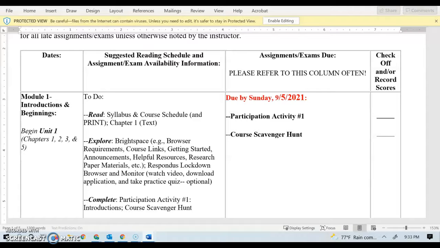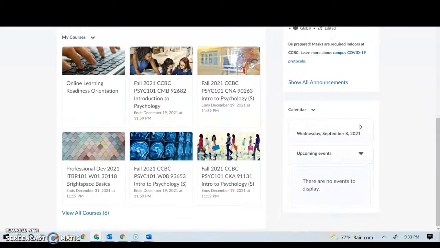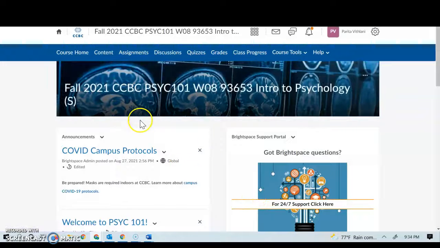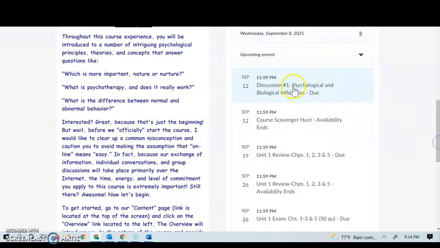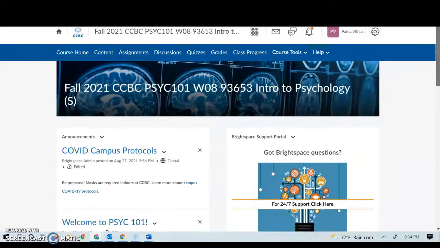So I'll take a moment and show you. When you get into your Brightspace and you go into your class, which is PSY101 W08, there's a couple ways to get to your assignments. Many students find it easy to quickly click on the discussions list and scroll down, or the quizzes list and scroll down. Another way students have probably done it is by clicking on the calendar. And all those are fine, but the best way to do assignments in this class is go into content